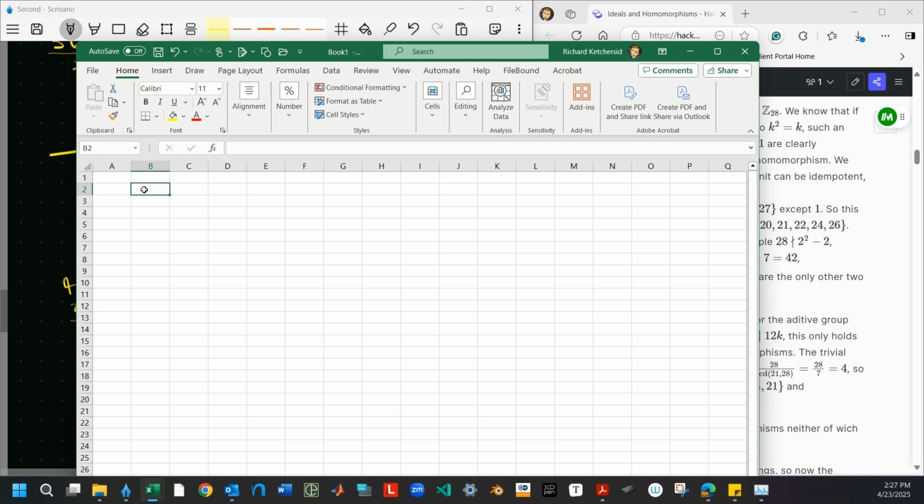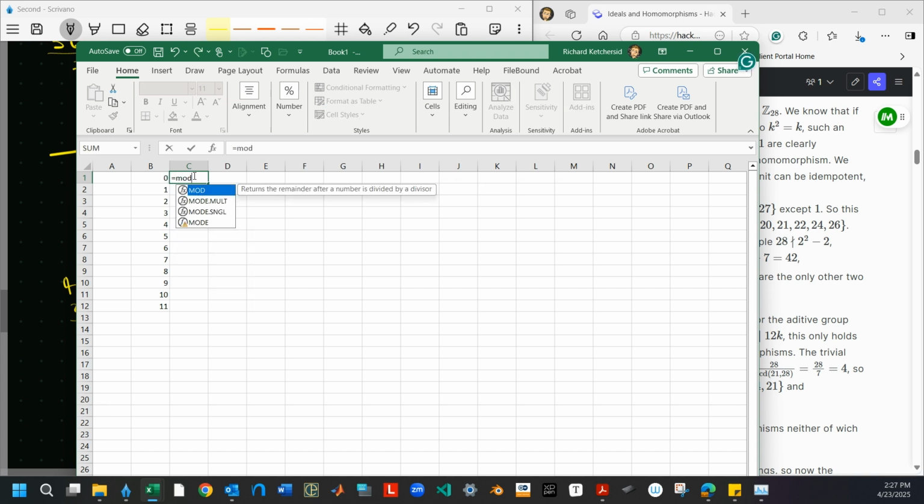I'm looking at 1, 2, 3, 4, all these up through 12. Actually, maybe up to 11. I actually want to start with 0 here. And here I'm just looking at equal to, so mod, I think this is how we do it. This times 21,